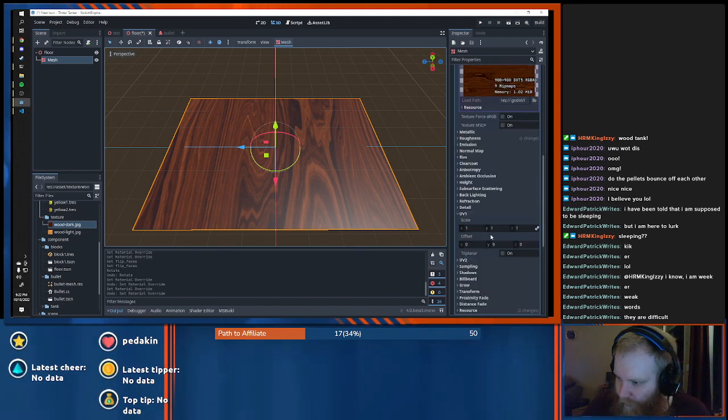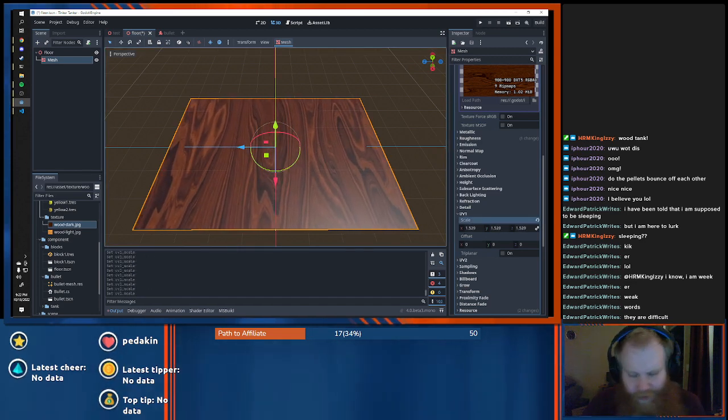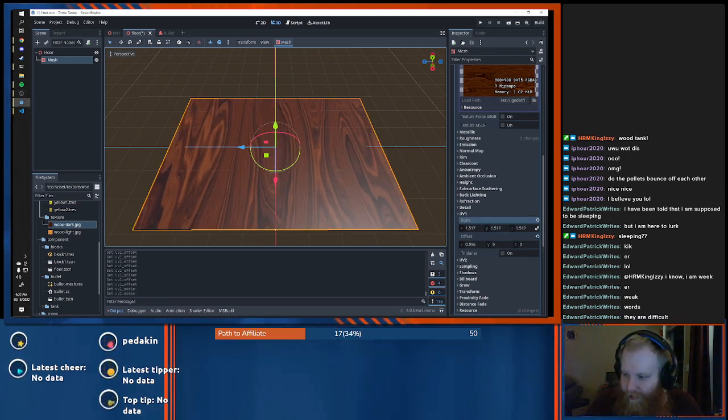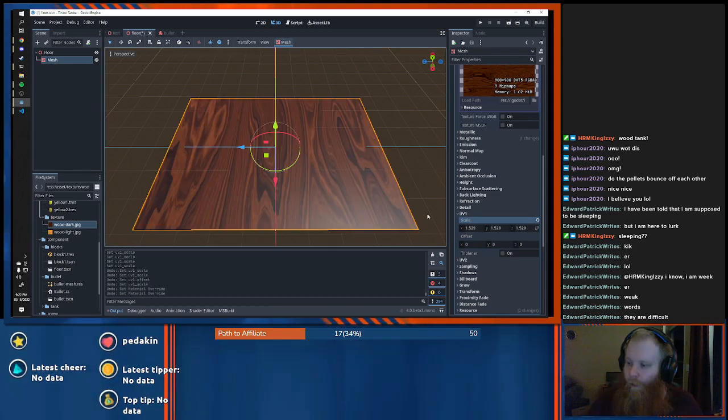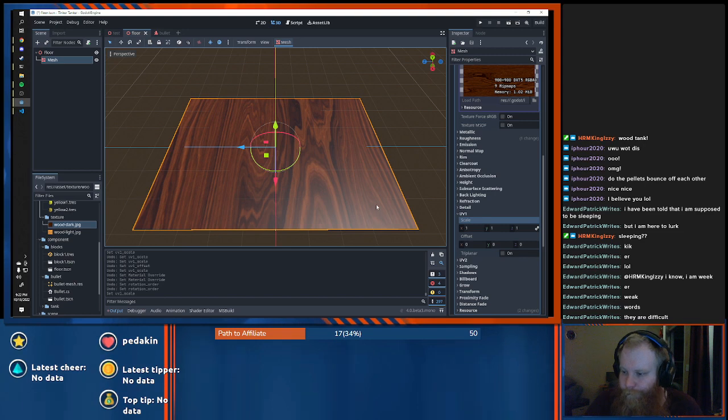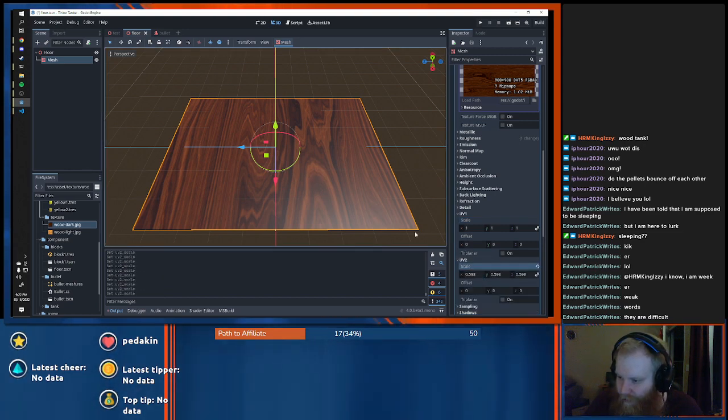Is that part of the UV? I mess with these. Ooh, I don't like that. I don't like that effect at all. Ugh, that's sickening. Is this the... Oop, that didn't do anything, did it? No.